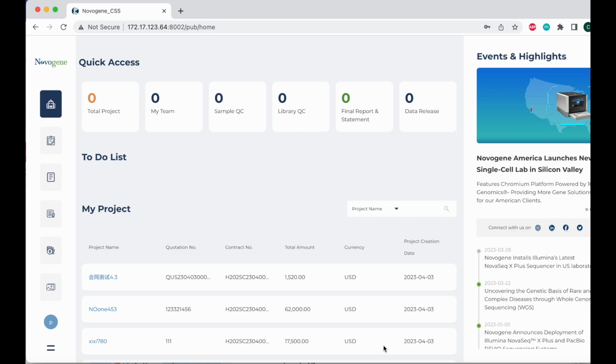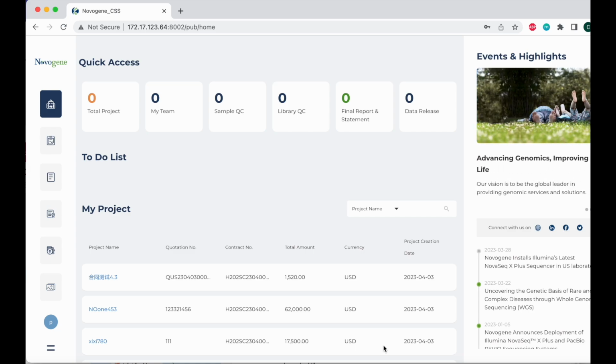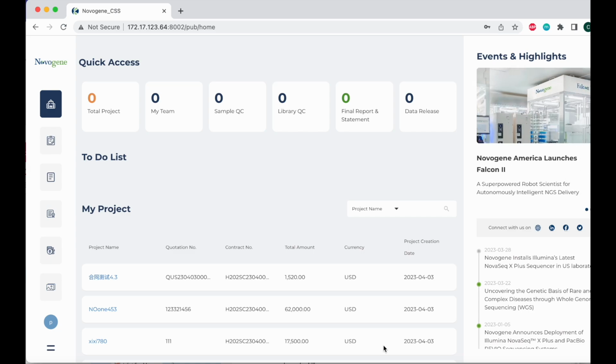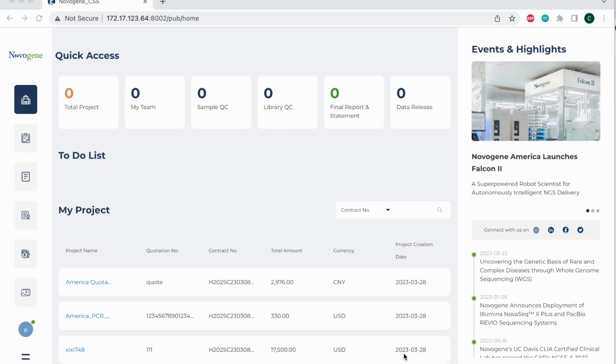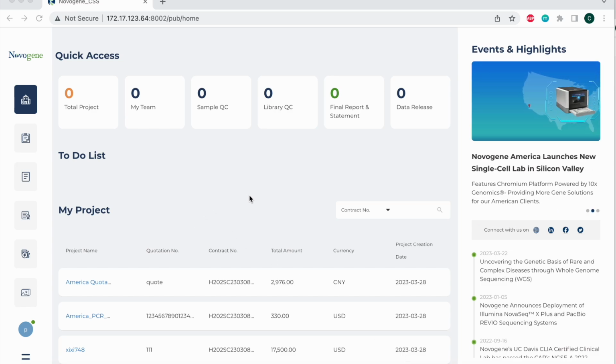This video is designed to show our clients how to arrange a sequencing order for Hiseq full lane projects. As you can see here on my screen, we do have a new interface which shows different aspects of one's